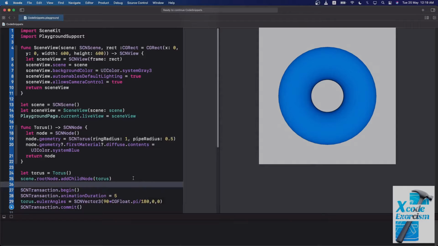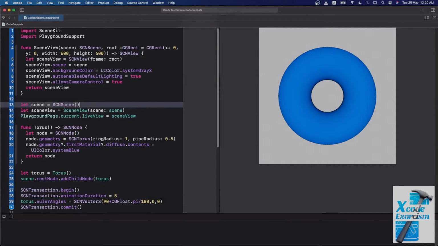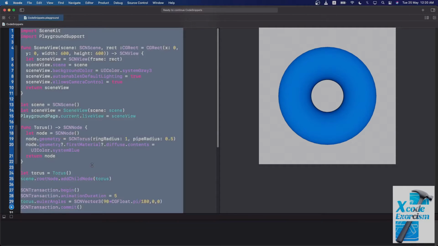If I come from the right hand top corner to this landing page of the snippets, again the same problem: I can't add any new code snippet. The only way you can add one is, first you need to select the code for which you want to create a code snippet. In my case, I want to create a code snippet for the complete code visible here, around 30 lines of code. So I need to select this.